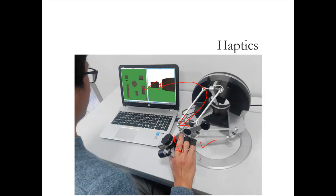This is very useful in the gaming industry. This is very useful in the physical rehabilitation industry. This also has many contemporary applications in robotic surgery, with something called robotic surgery with haptics feedback. This is one of the most contemporary areas,